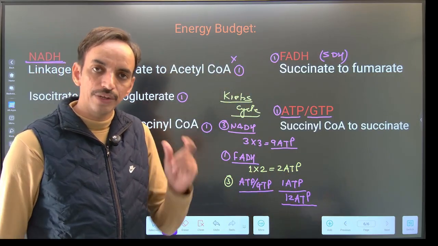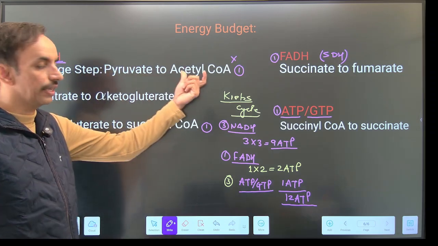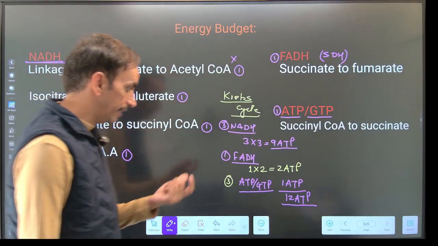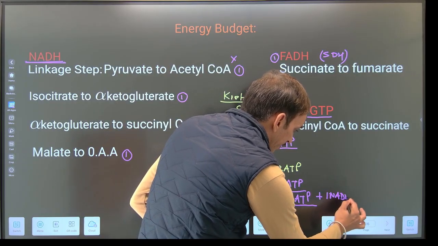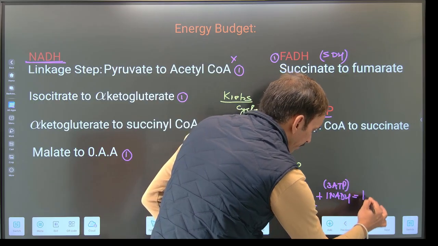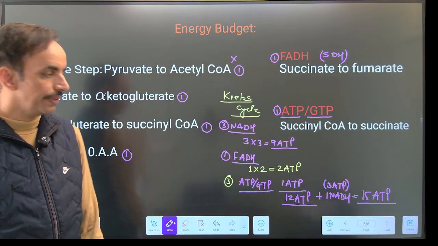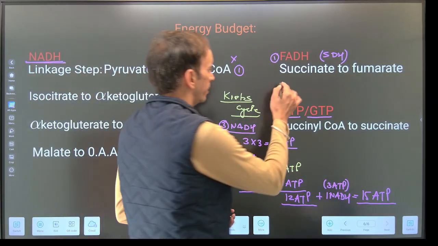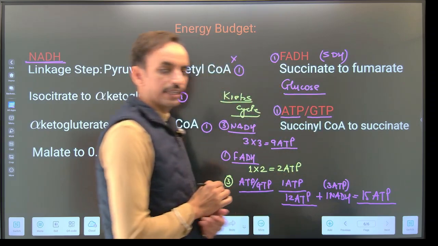अब अगर कहें कि एक पाइरुवेट से कितनी एनर्जी मिलेगी, तो उसकी कैलकुलेशन के लिए अपने को क्या ऐड करना पड़ेगा, इस लिंकेज स्टेप को भी ऐड करना पड़ेगा, which is also generating 1 NADH energy। तो 12 + 1 NADH, 1 NADH means we are adding 3 ATP energy। तो टोटल कितना हो जाएगा, 15 ATP। तो अगर one pyruvate से कितनी एनर्जी मिलेगी in the form of ATP, it will be 15 ATP। और अगर आपसे कोई पूछ ले कि एक ग्लूकोज के मॉलिक्यूल से कितनी एनर्जी मिलेगी in the form of ATP, तो अपन क्या देख सकते हैं कि